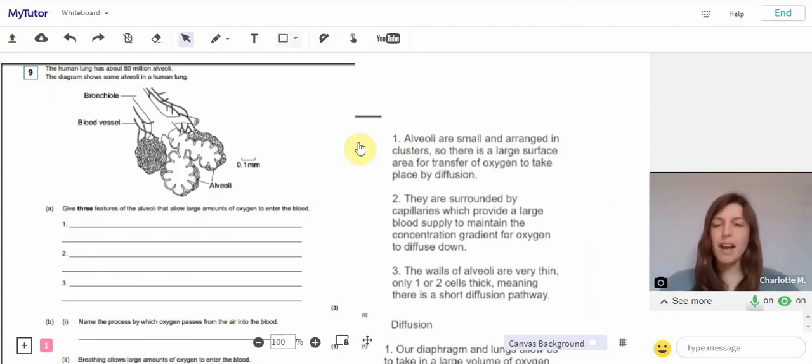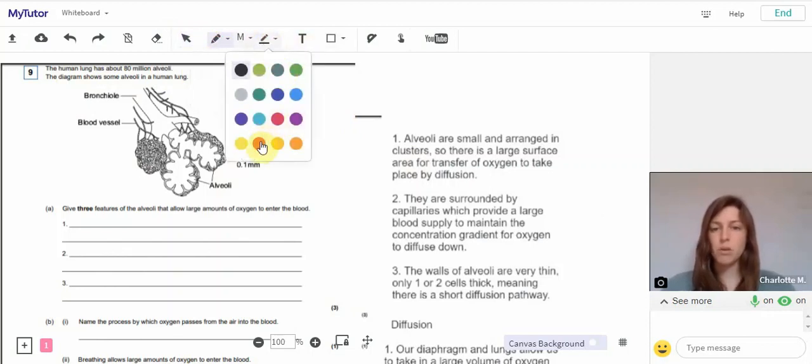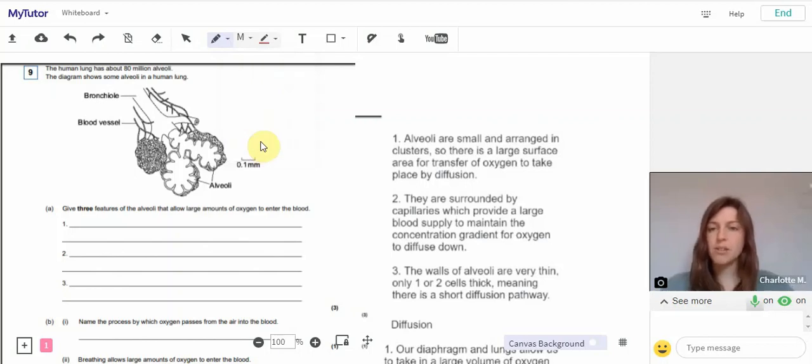Okay, so here we have a past paper question about the lung and gas exchange in the lung. So we're going to work through a worked answer to that and practice some past paper question technique. So the first thing to do whenever you're approaching a past paper question or a question in an exam is to underline the keywords. So here we've got a nice diagram of the lung showing the bronchiole, blood vessels and